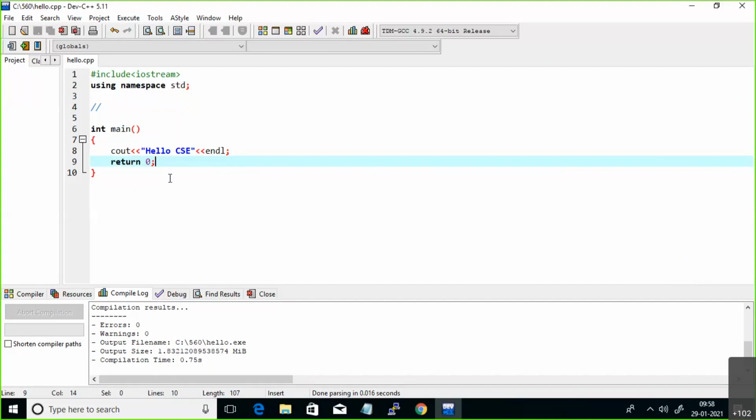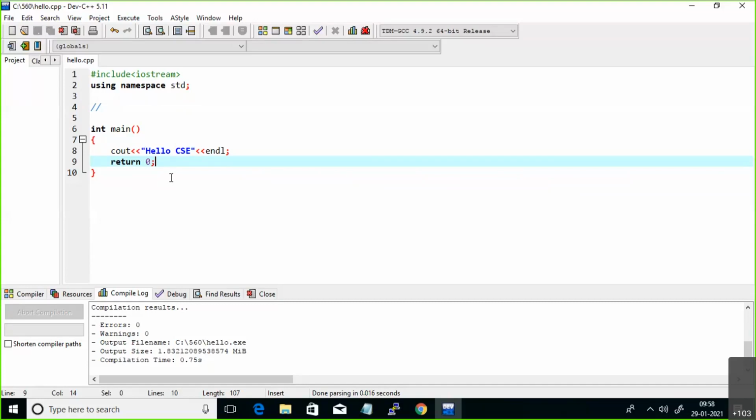After writing your code, save your file with .cpp as the extension. While saving, you need to save your file in your own folder. Just move to your folder, then save your file with some file name .cpp. After that come the compilation and run options, the compilation and execution steps.